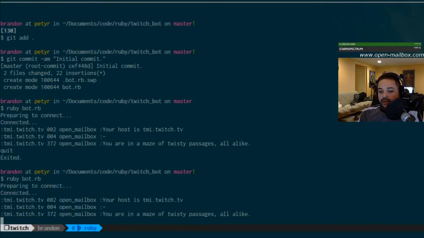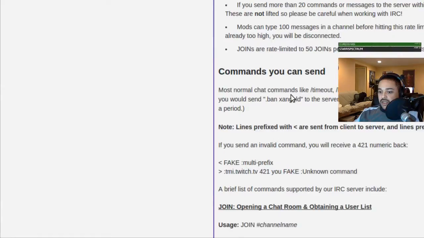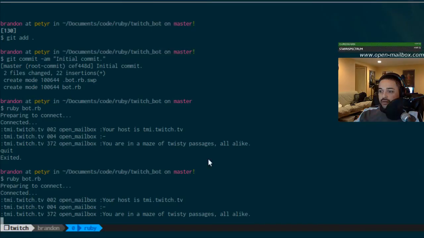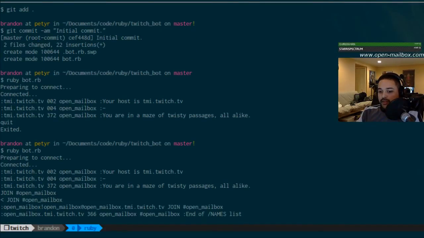Now, what I want to do is try to join my own channel, because I'm sitting in purgatory right now with this thing, right? It's connected to a server, but it's not in any channels. It doesn't really know what it's doing. So let's figure out how we connect to a server. Join channel name right down here. So let's join open mailbox. Nice. All right, so now that I'm joined,